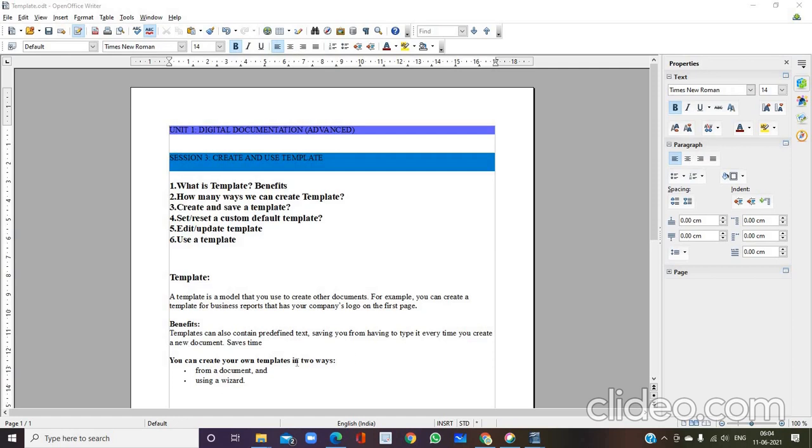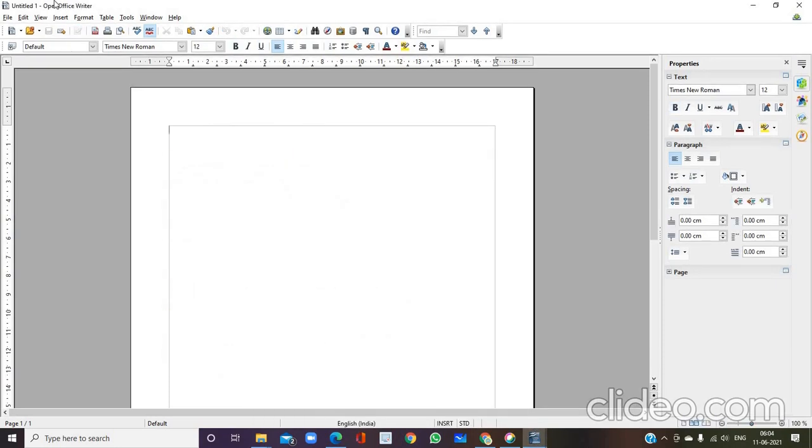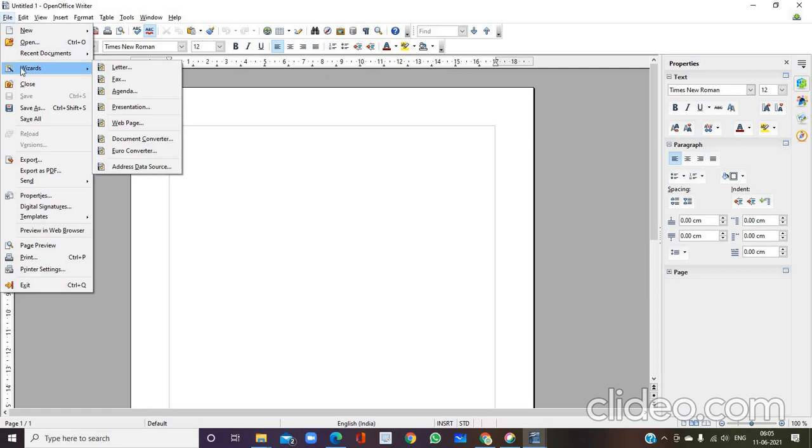Now I will show you the second way of creating a template, which is using the wizard. In order to create a template using the wizard, take a new document. Go to File. Here you can see the option Wizard. If you place the cursor over it, one more menu will open, and in that you can see different options like letter, fax, agenda, presentation, web page, document converter, euro converter, address data source.